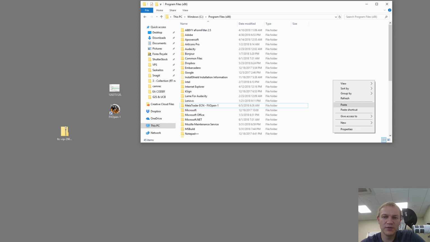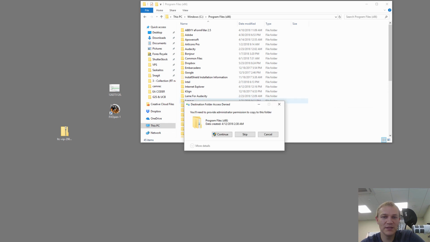I'm sorry for Mac users, I'm not sure how it's done actually, but I'm sure we'll get it, how to copy and paste on Mac. But basically, you click the right mouse button on the white area and choose paste, and it will say that you'll need to provide administration permission. It depends on the permissions your username has for the computer and so on. But in my case, I just need to confirm,